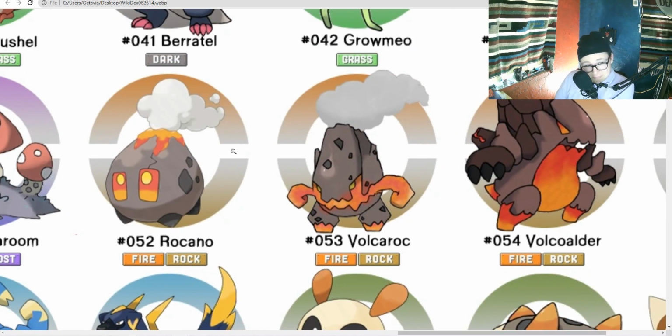Rockano. I like how adorable that looks. I like how this one looks a little angrier than usual. So much red, it looks like it's gonna... You wanna fight? You wanna fight? That's what I'm getting from it. And then,